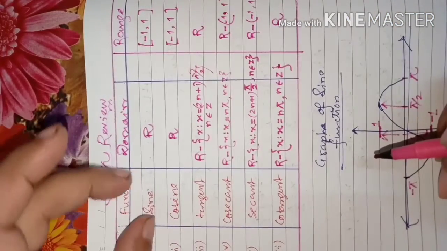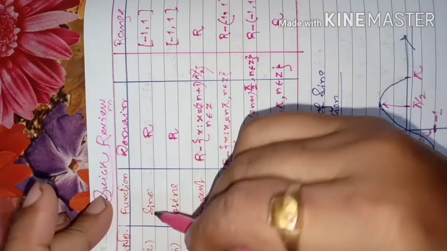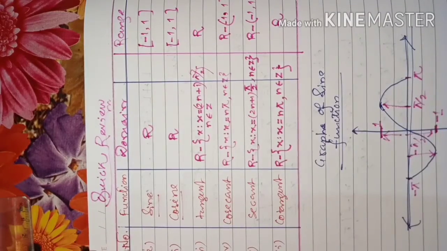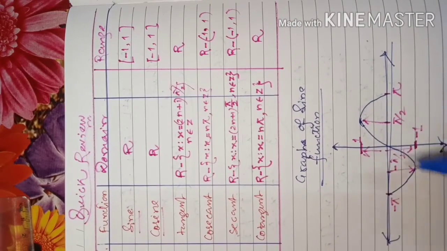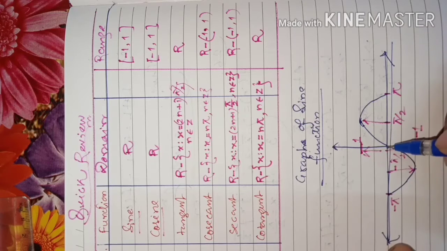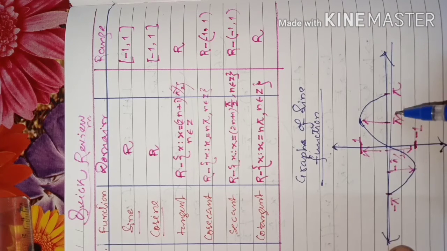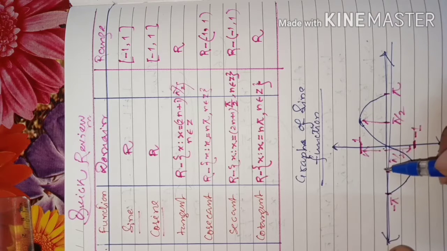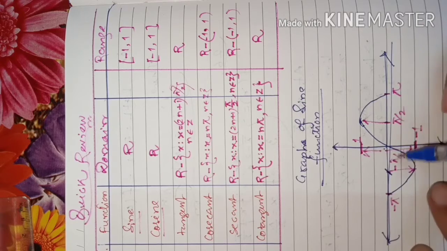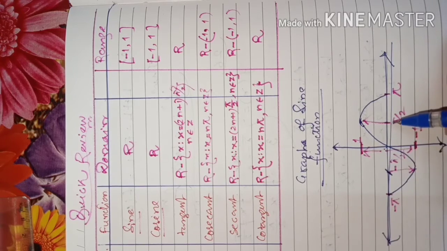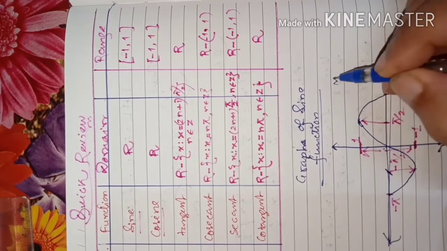You might have noticed, when we studied the graphs of the sine function and cosine function, that if we restrict the domain, restrict meaning suppose we only think about that portion of the graph between two values of the domain, then you will see there is no repetition of y values between those two values of the domain.